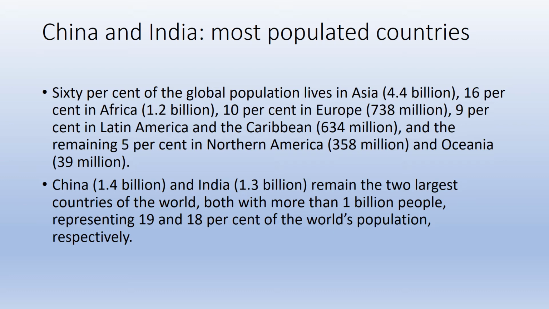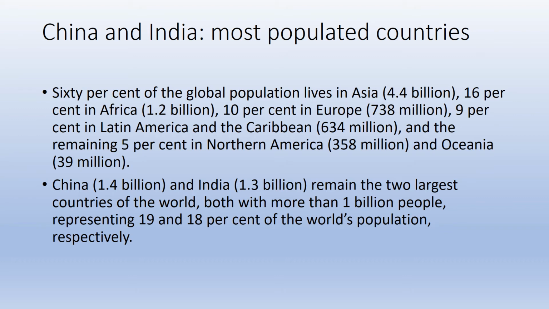It says here 60% of the global population lives in Asia, 4.4 billion. 16% in Africa, 1.2 billion. 10% in Europe, 738 million people. Look at the difference between Africa and Europe. In Europe there is 738 million people, and that represents 9% of the world population. Whereas in Africa, 1.2 billion, which represents 10% of the